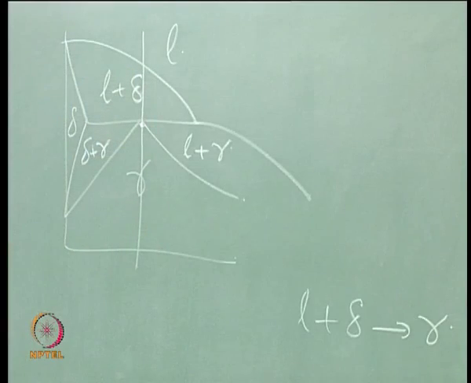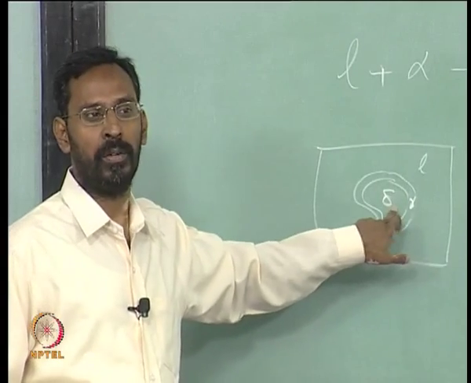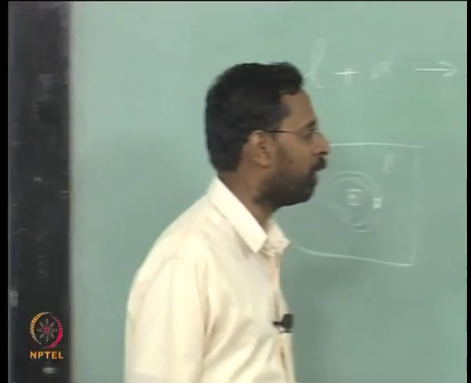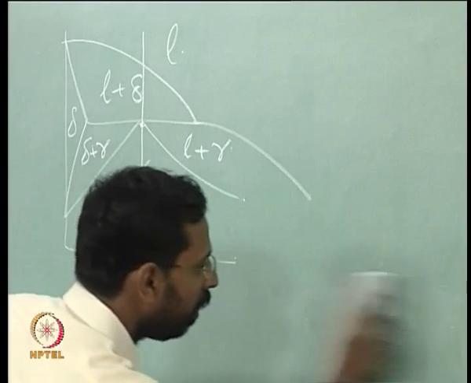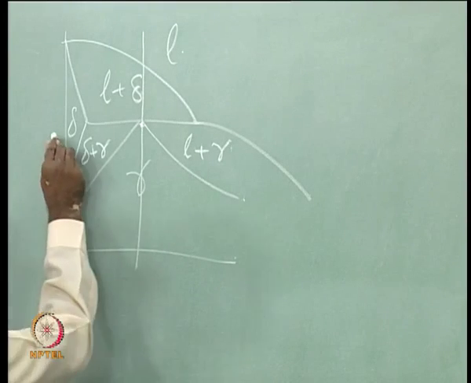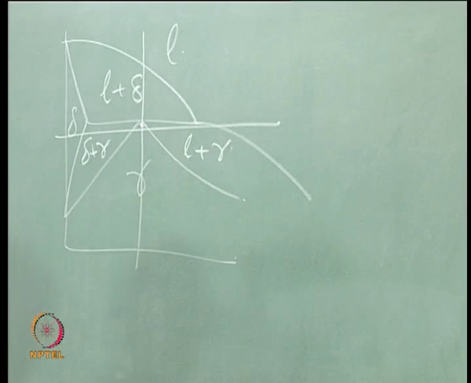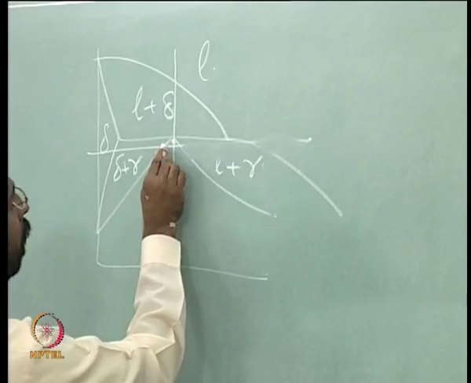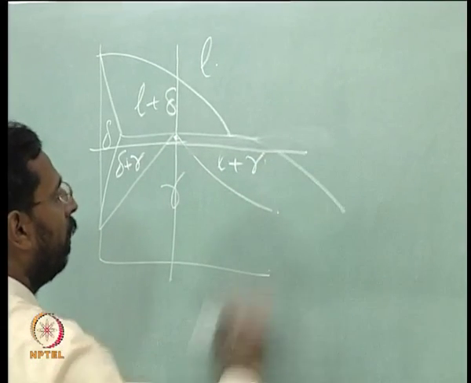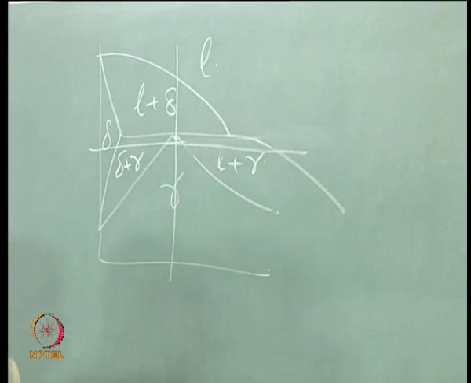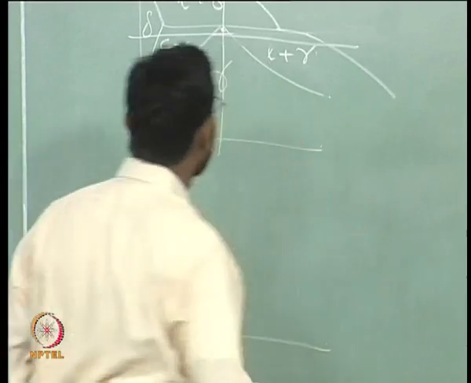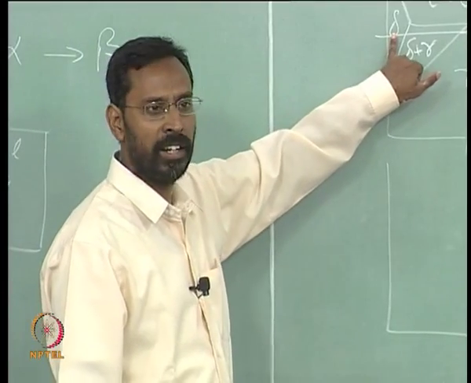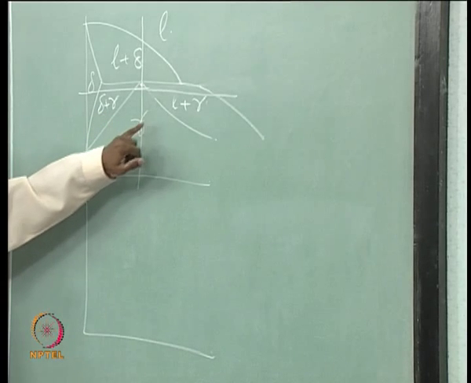Now, try to understand how this reaction proceeds. To understand that, again let us use our free energy concept. At this temperature, I am sorry, it is not horizontal. At this temperature, if I draw the free energy composition diagram, all of you try to draw it, let us see how it should look. What you have is a delta here, you have liquid plus gamma, gamma and liquid plus gamma.